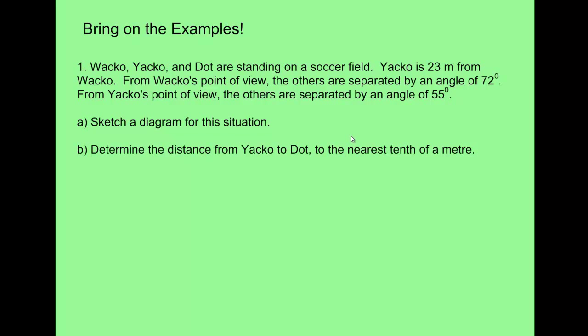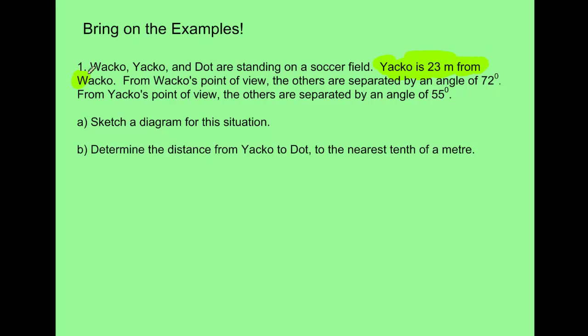So it's important that we properly sketch a diagram like this. So what I'm going to do is highlight some important pieces of information, and then hopefully that'll help us when we want to draw a diagram. So first of all, Wacko, Yakko, and Dot are standing on a soccer field. Okay, that's great, but I don't really need to highlight anything there. Yakko is 23 meters from Wacko. Okay, that's